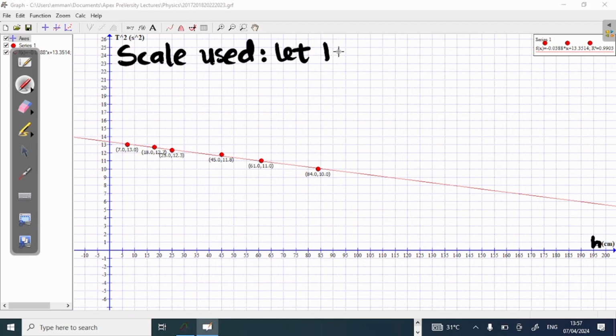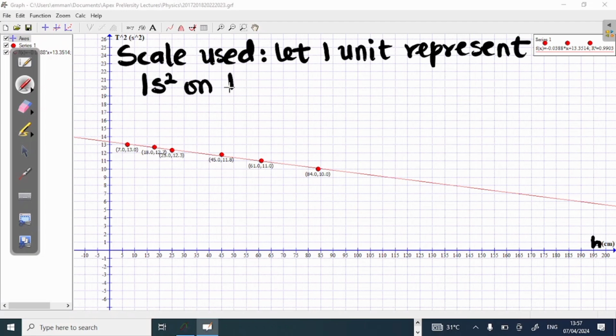So let 1 unit represent what I have here, which is 1. The unit on the t squared axis is second squared. So 1 second squared on the t squared axis,